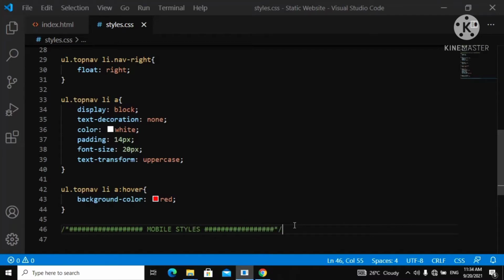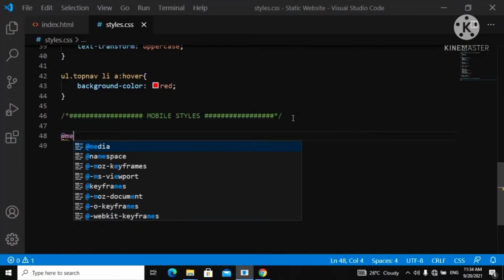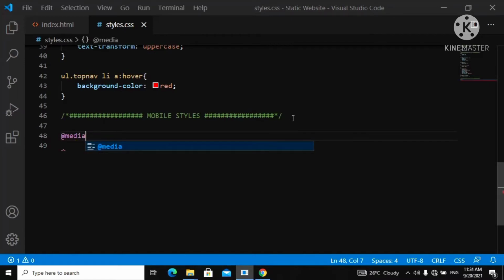We are going to be using the media query. To start working on responsiveness for your website, you'll be using a media query. This is going to be our mobile styles for mobile phones, if someone uses a mobile phone to view your website. So now let's go down here, and to add a media query, we just put the @ sign and say @media, then use your bracket and say max-width,